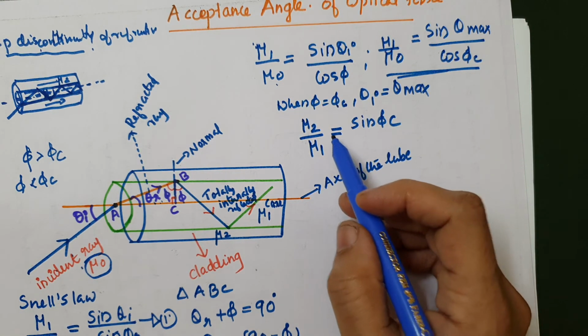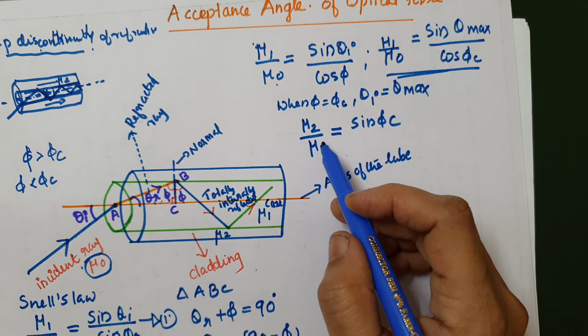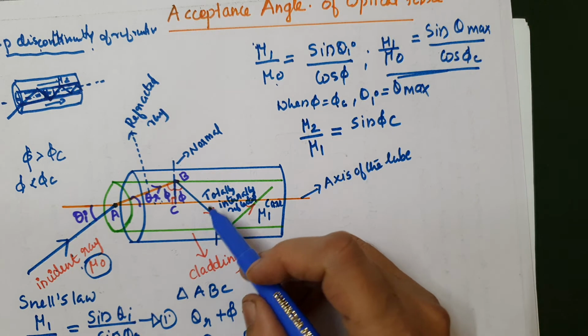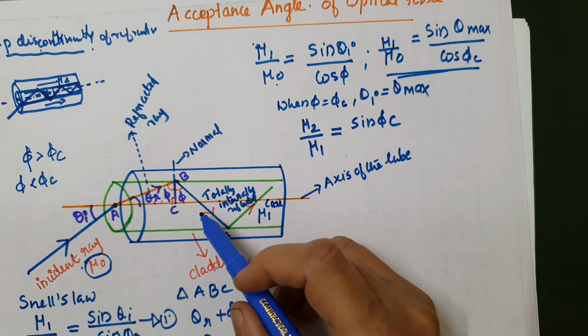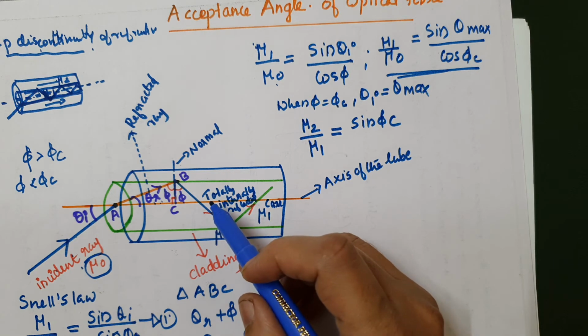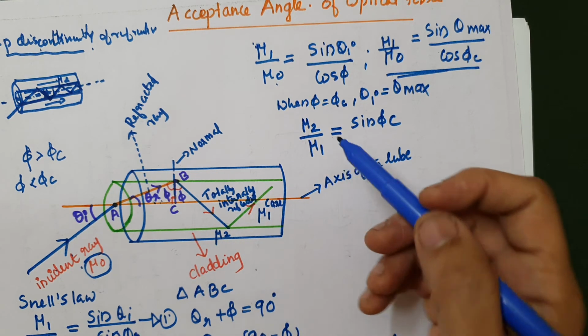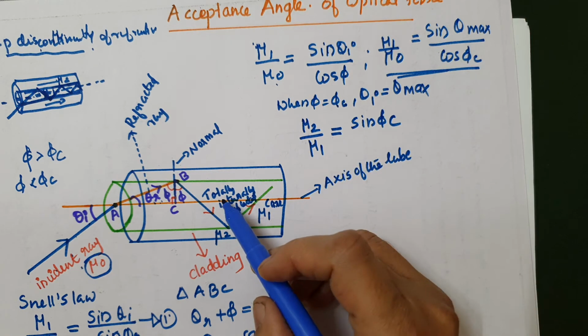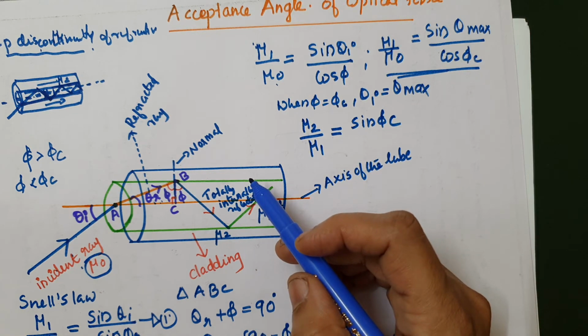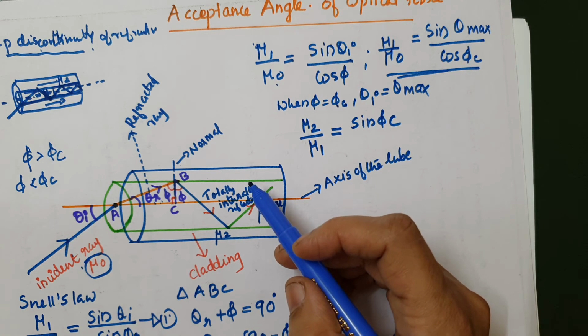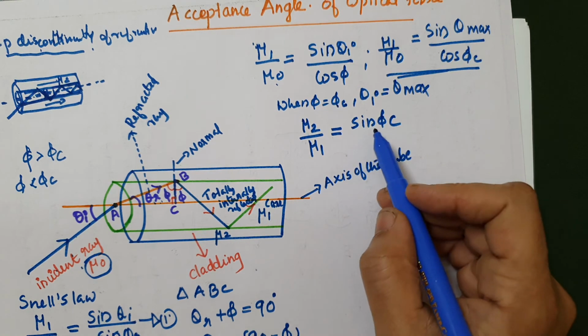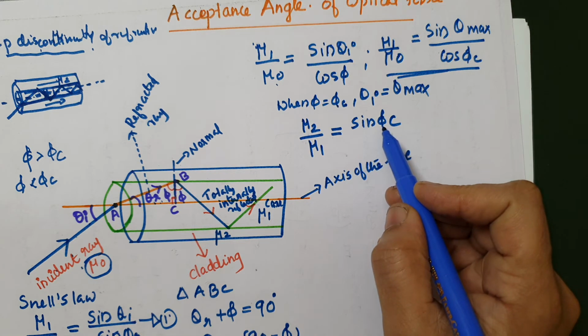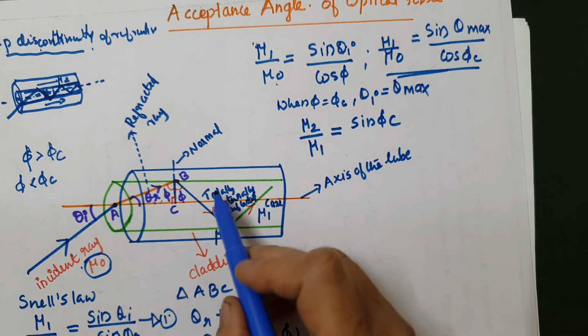For total internal reflection, ഒരു light ray ഒരു denser medium നിന്ന് rarer medium സഞ്ചരിക്കണം. Here denser medium is the core region and rarer medium is the cladding region. So rarer medium refractive index mu 2 ആണ്, denser medium mu 1 ആണ്. ഒരു light ray denser medium നിന്ന് rarer medium സഞ്ചരിക്കുമ്പോൾ then അതിൻ്റെ angle of incidence critical angle ആണെങ്കിൽ, that is when this becomes critical angle, the angle of incidence with critical angle, the ray will graze